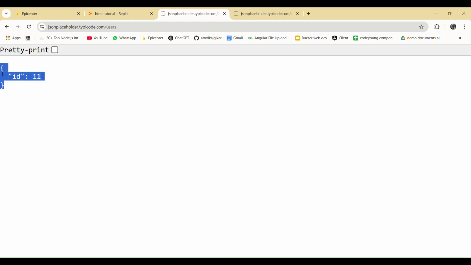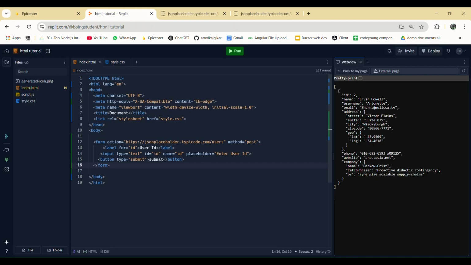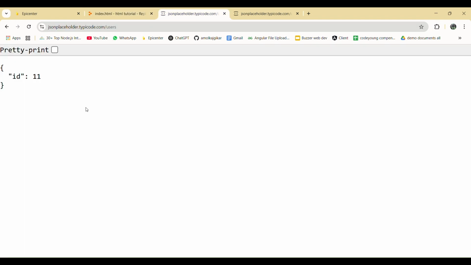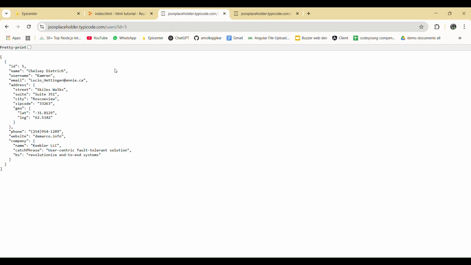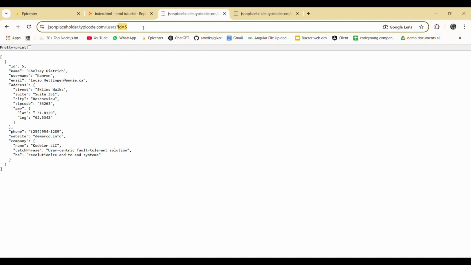At this point I'm just getting ID 11 because I've changed it to method POST, right? My method is POST right now. If I remove this method POST from here, come over here and reload, now the method is GET by default, and I'm gonna put something over here. Click on the submit button. You will notice that I can actually see id equals 5. This is the data we were writing inside the form, right? We were writing 5 over there. We're clicking on the submit button, right?